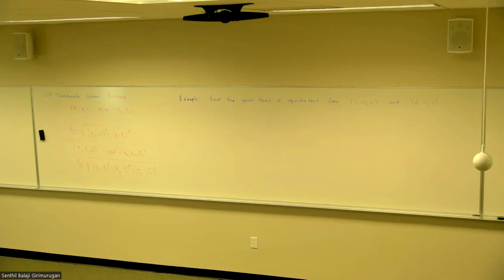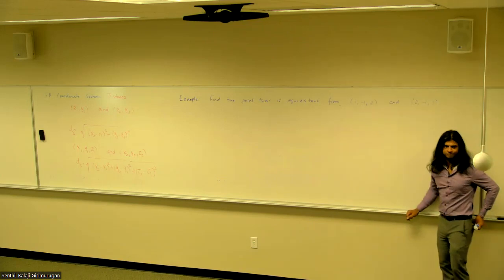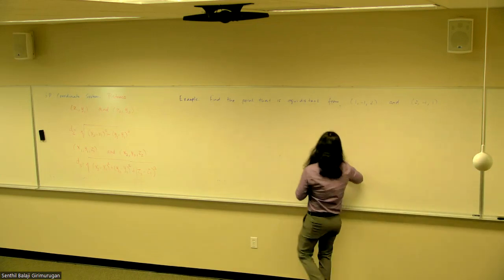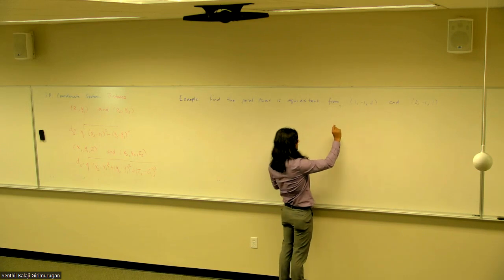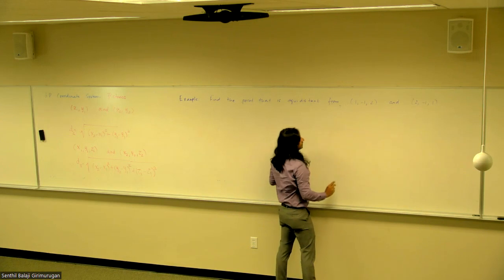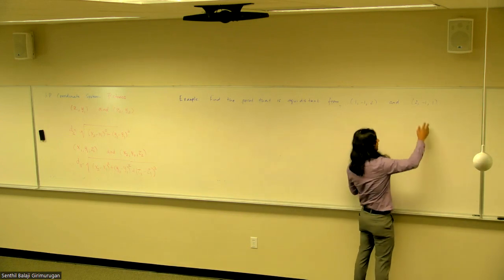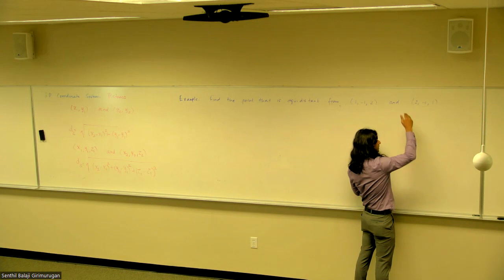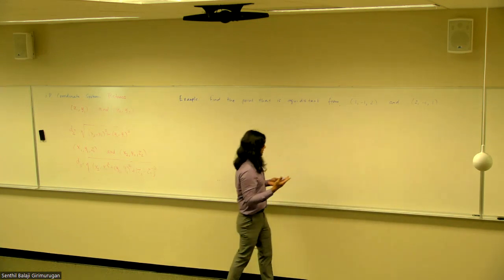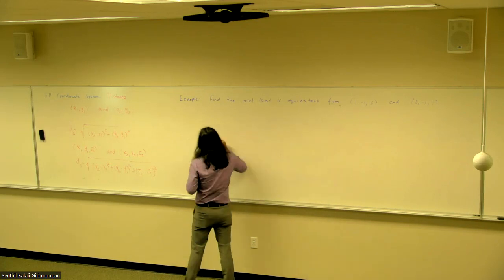What does equidistant mean? A specific point that is an equal distance from both of the points given. So you pick an arbitrary point, and the distance between (1, -1, 2) and that point must equal the distance between (2, -1, 1) and that point. So I'm going to call the arbitrary point